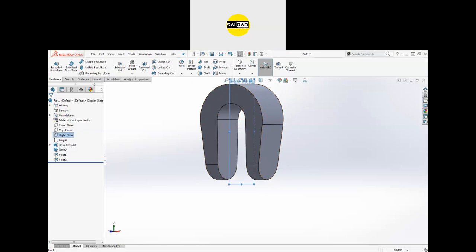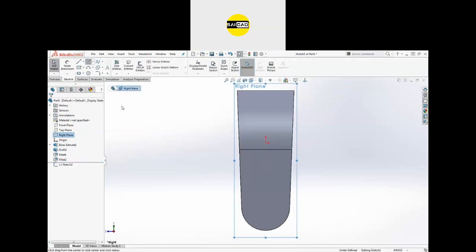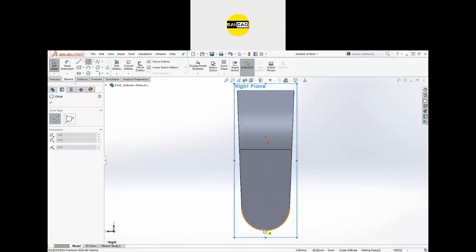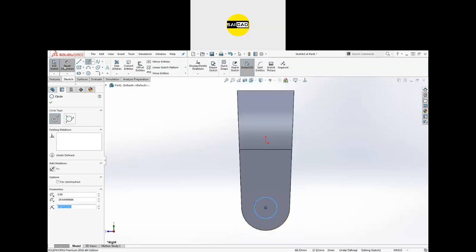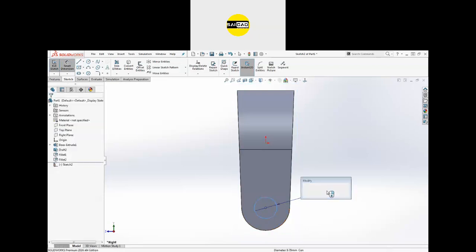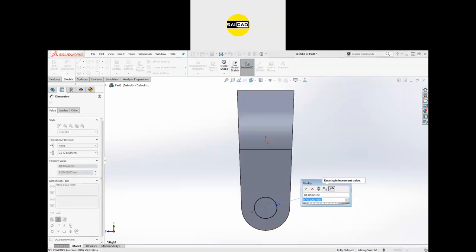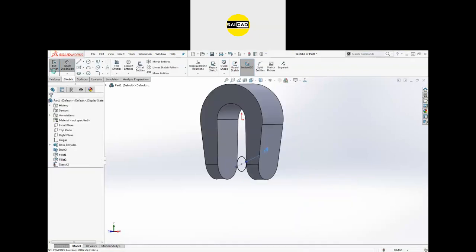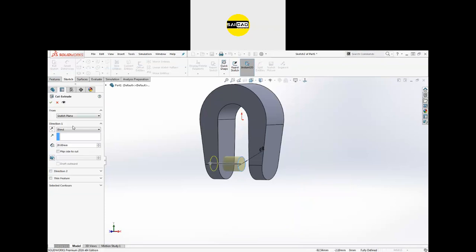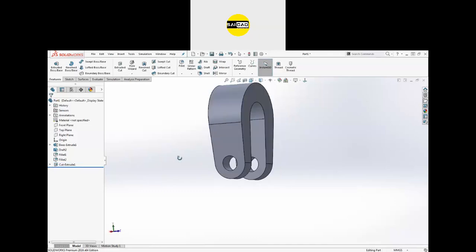So select the middle plane. You can go to the extrude, cut directly here, go to the circle, go here and then you will get the center, create the hole like that, and we need the hole to be of dia 10. Exit, go to the option here, through all both, click OK, and the material will be removed from both the sides.